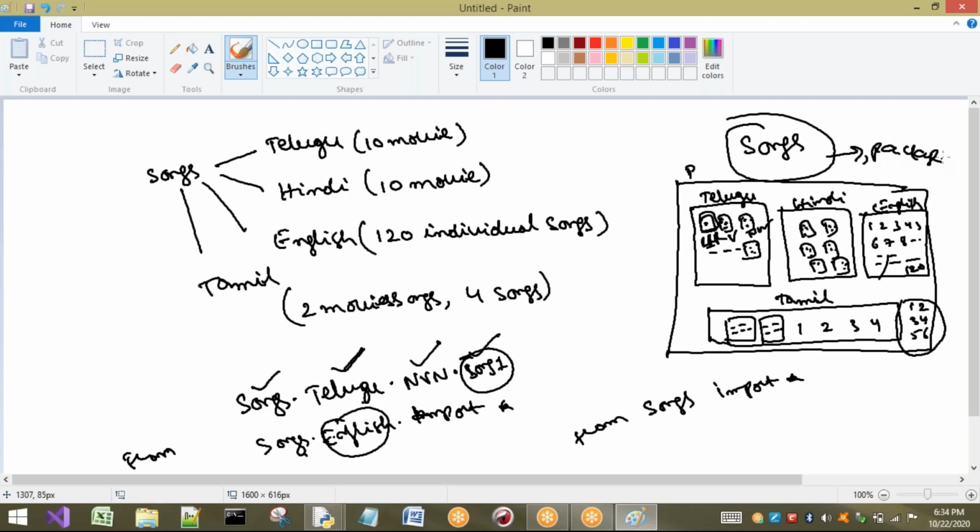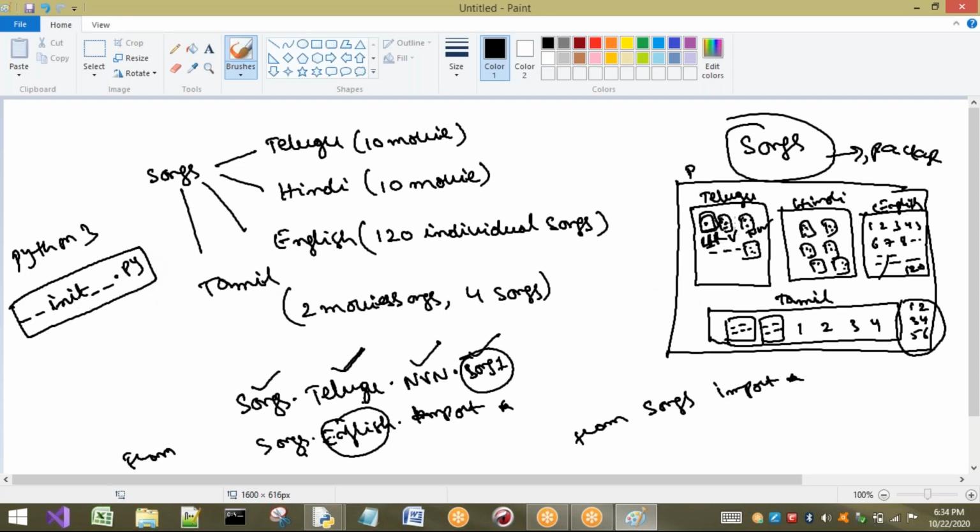Okay, right. Now if we consider a package, as we are using Python 3, I just want to say one point: whenever you are going to create any package, compulsorily there should be one file called __init__.py. Observe this. In every package or in every directory, we should have this __init__.py.